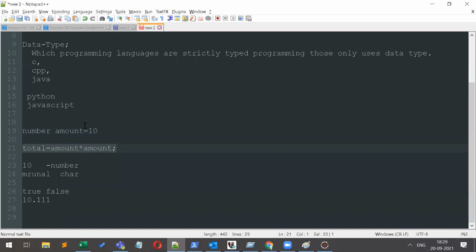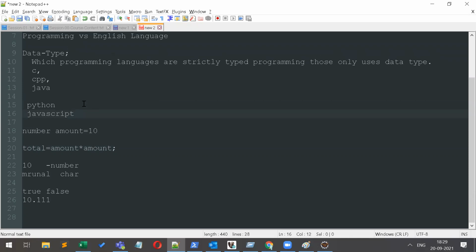Whatever error there is, it will give before running the application. That's why a strictly typed programming language is very secure. Java is one of the most secure languages we use for healthcare, banking, and all financial institutions' application development. This is one of the major advantages of Java.